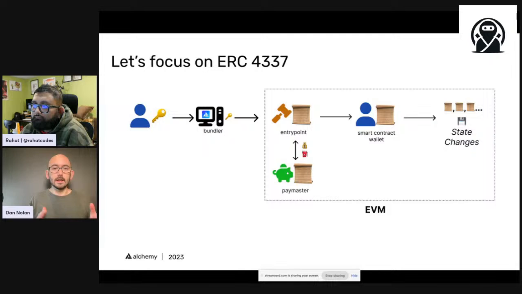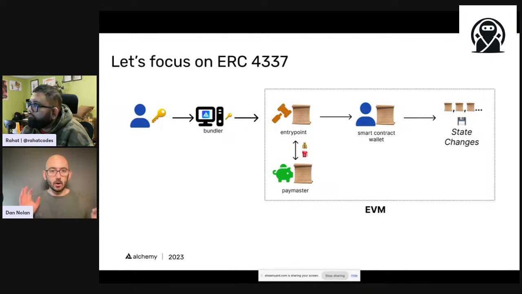Just going to run through the roles of 4337. This is what 4337 looks like. Again, I said it's account abstraction without protocol changes. What that means is we're going to build smart contracts that allow us to do the things that I talked about: getting gas sponsorship, being able to do signature abstraction, and being able to programmatically respond to contract calls with our smart contract account. In this image right here, I'm going to break down each one of these roles